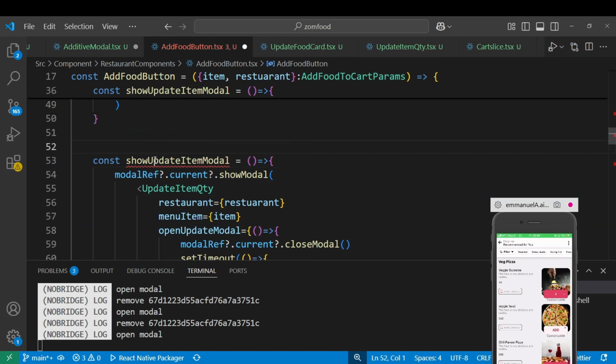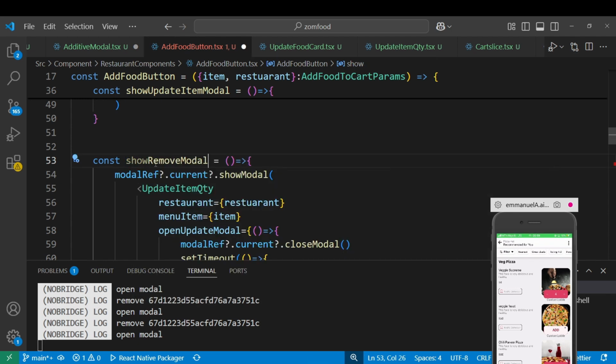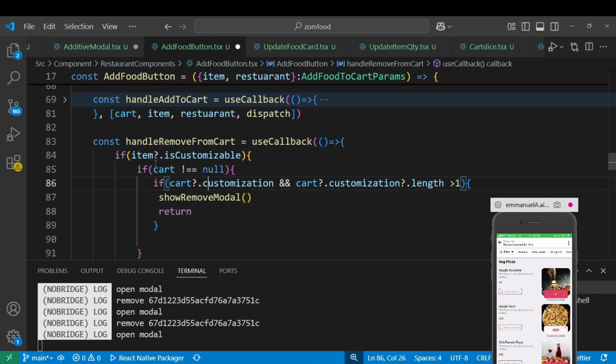So I'm going to call these show remove modal. So show remove modal, we're going to pass. Okay, we'll come back to this. So let's go down again. So we have the show remove modal, and then